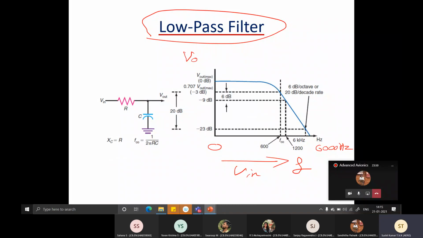It is the same as what you did in the Bode plot. Low frequency signals are allowed to pass and the rest are damped. If you look at this characteristic, this is zero frequency. After that, whatever is the V in comes out as V out, and it goes on till